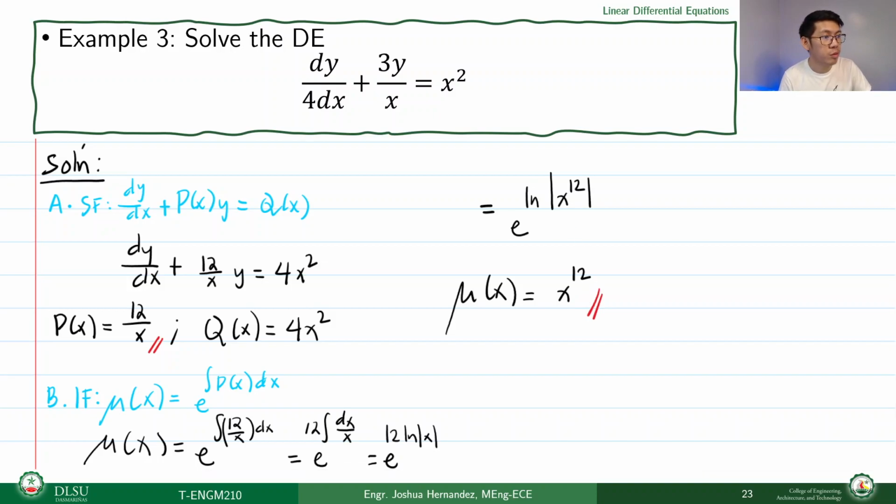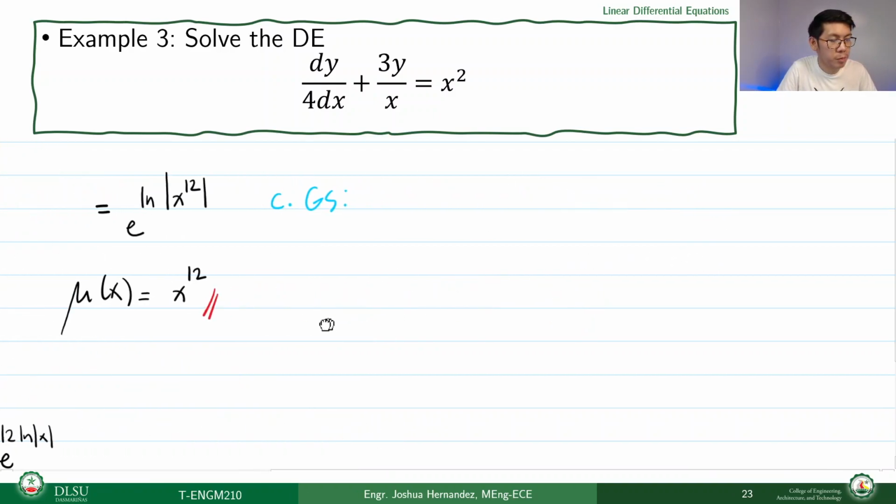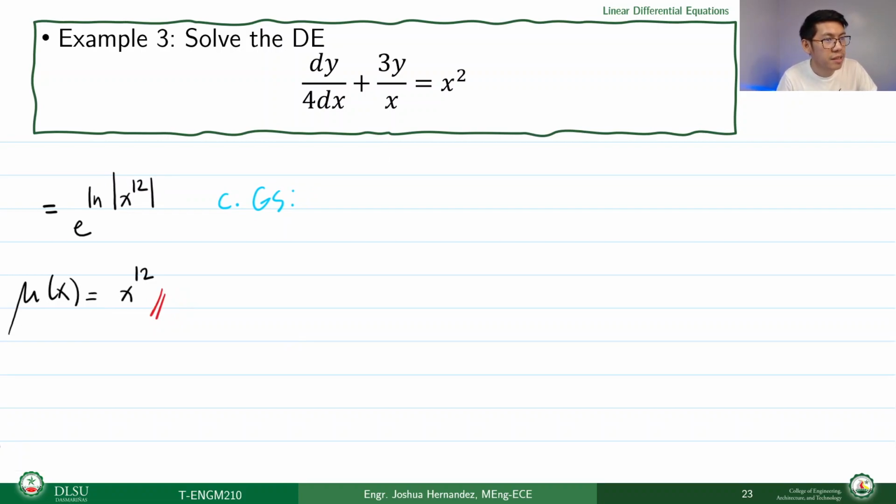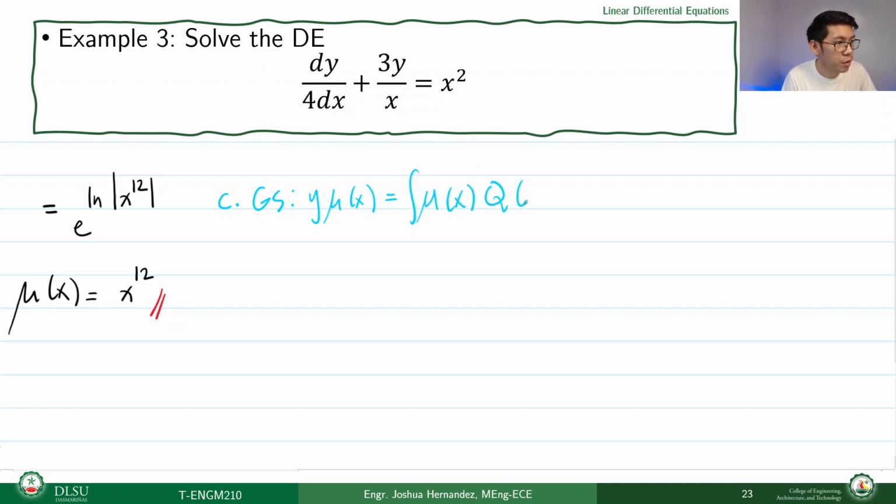Okay. We proceed to our next step, which is finding the general solution. And that is, move lang natin na kaunti. No? And that is y mu of x equals the integral of mu of x q of x dx plus c. Yun. So we have y. Plugging in all our values, we have y. And then mu of x is x to the 12. So x raised to 12